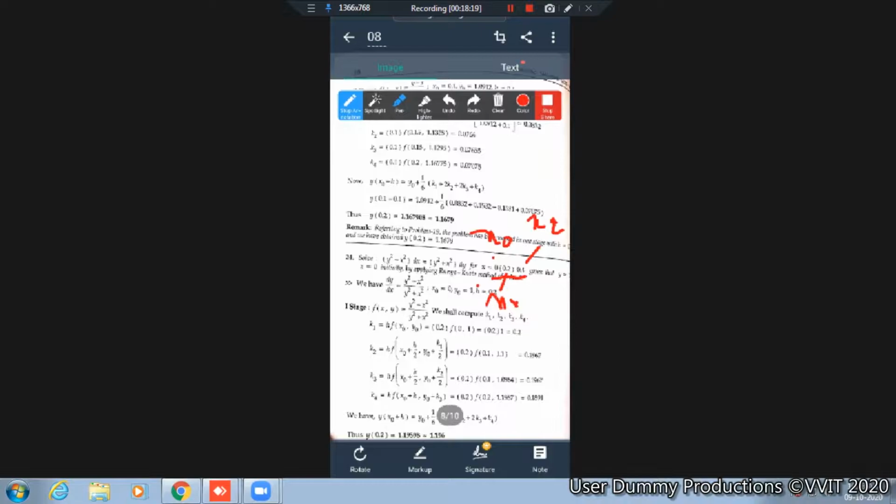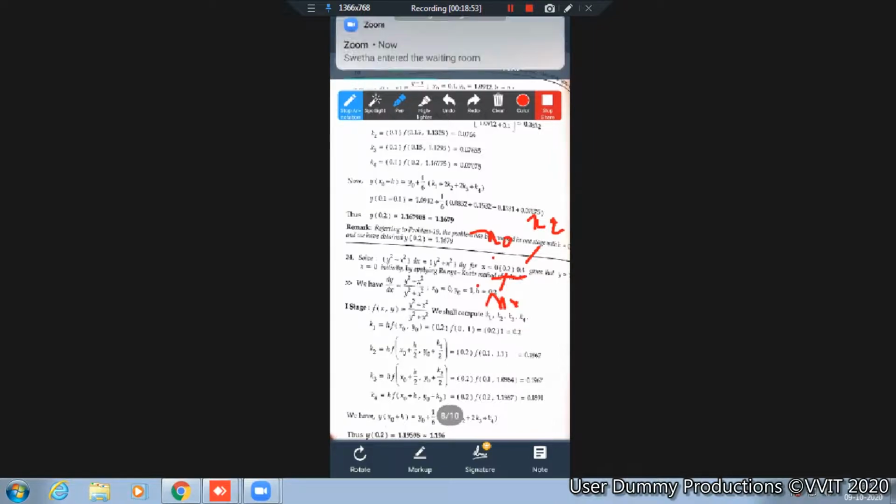Ma'am, what's the role of x2, ma'am? X2 is very important to get the final answer. See, what is the role of X1 then? Are you using X1 in the first stage? No, we are finding the Y value at the point X1. Just like Euler's, we won't use the X1 value directly in the formula. X1 is not involved in the formula. But finally, whatever Y value you are finding, that is the value at that point X1. Am I clear?